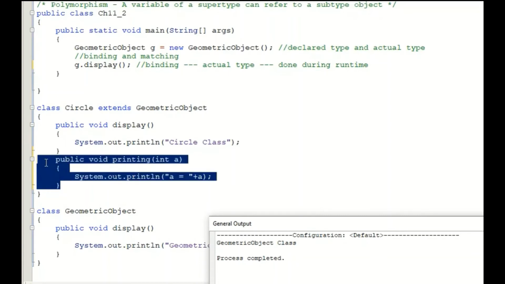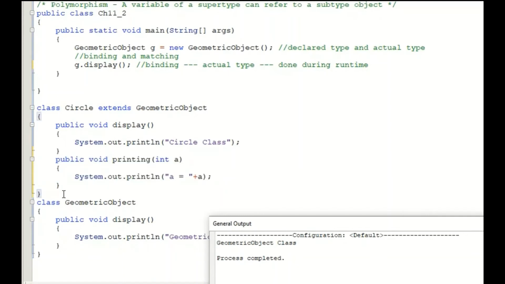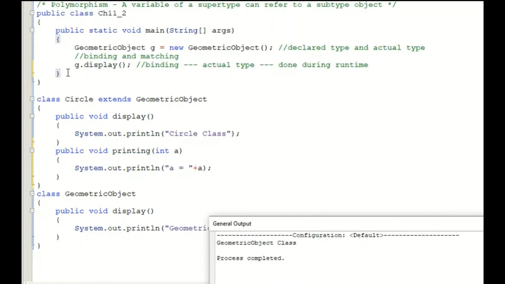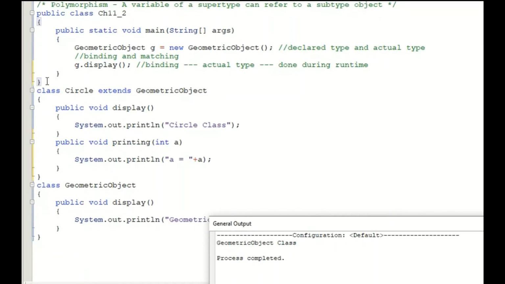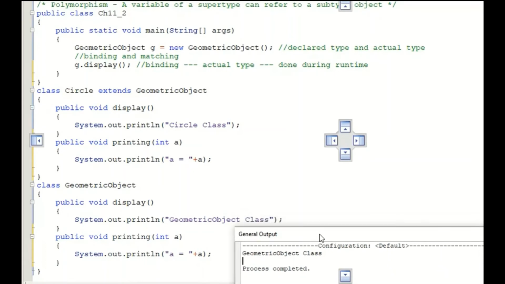I'm planning to have the same method. Let me remove the white spaces so that I can include it here. So here instead of integer, I have a double. Okay then, so that's binding and matching.